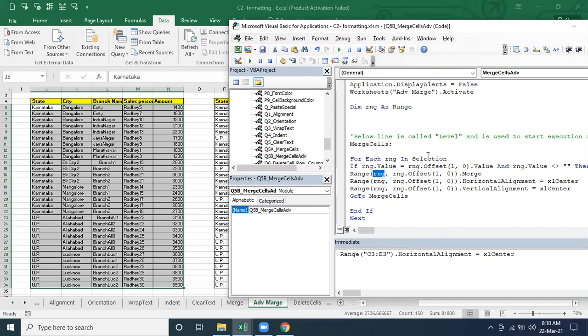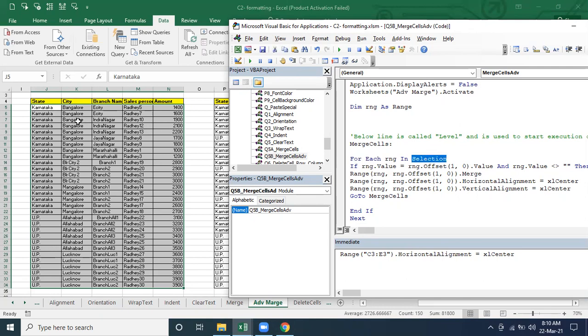So just see here how it's going to do the selection. RNG means the selection. Whatever selection area there is, first it is going to pick one cell from the selection. For each means it is going to pick one cell from this selection area.